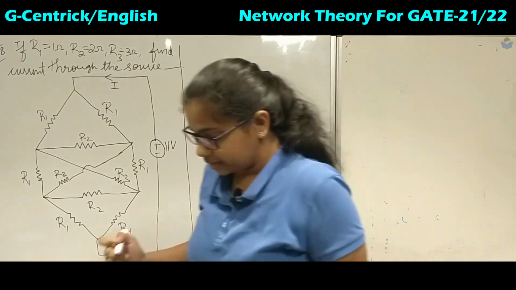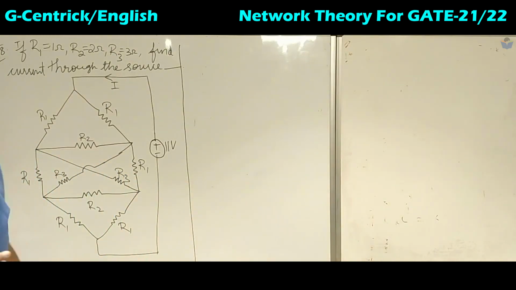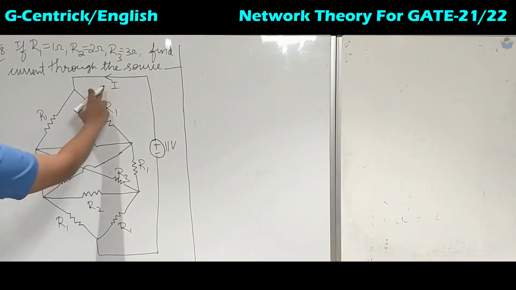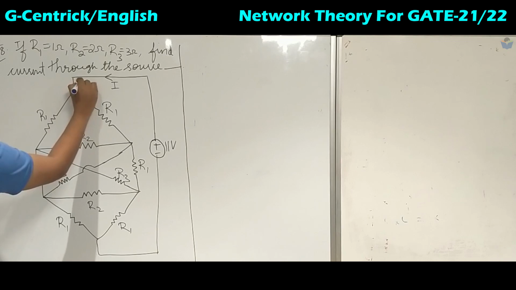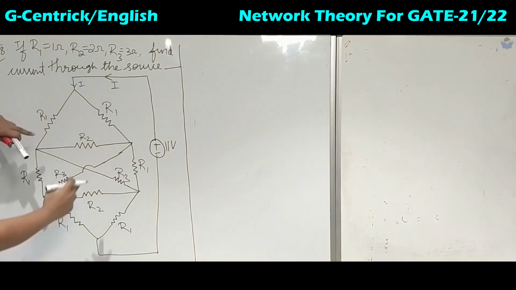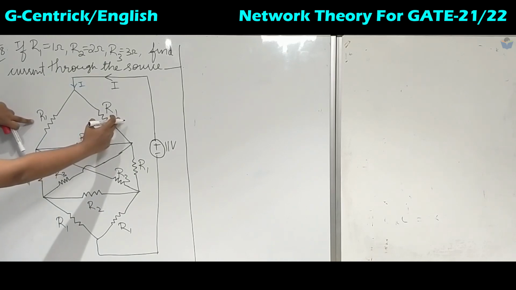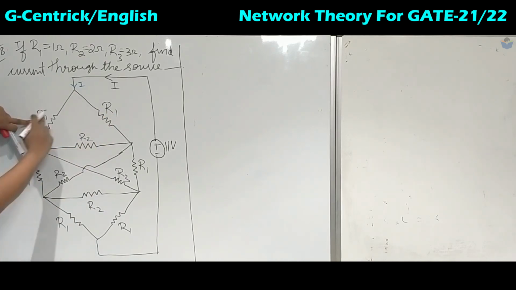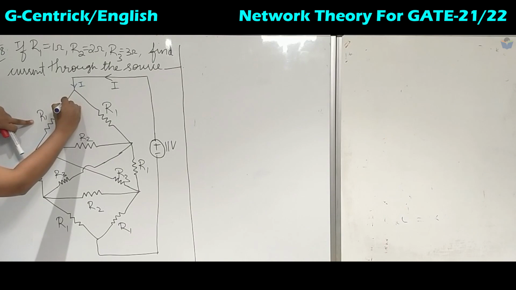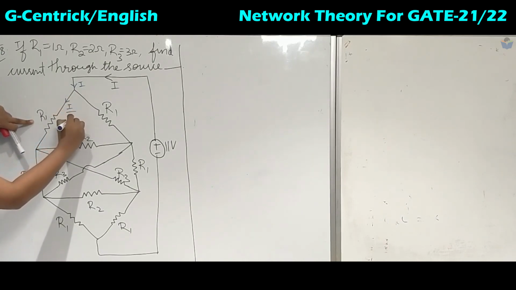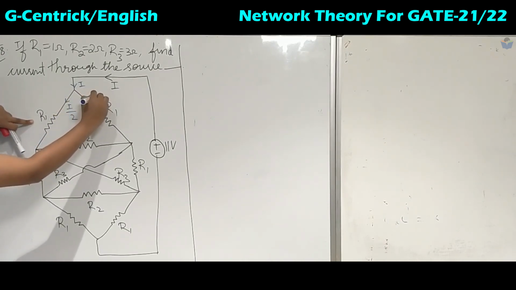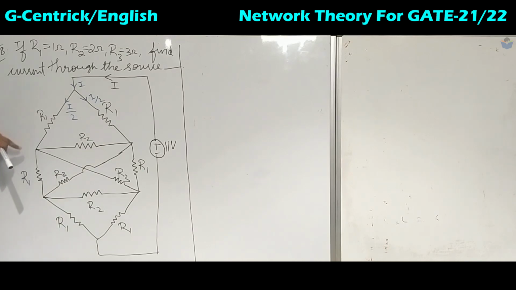So whenever this type of circuit is given, we will use the current division. See, if the same current I flows here, it gets divided in these 2 branches. Since these 2 values of the resistors are the same, R1 and R1, the current gets equally divided. So this is nothing but I by 2. This is also I by 2.